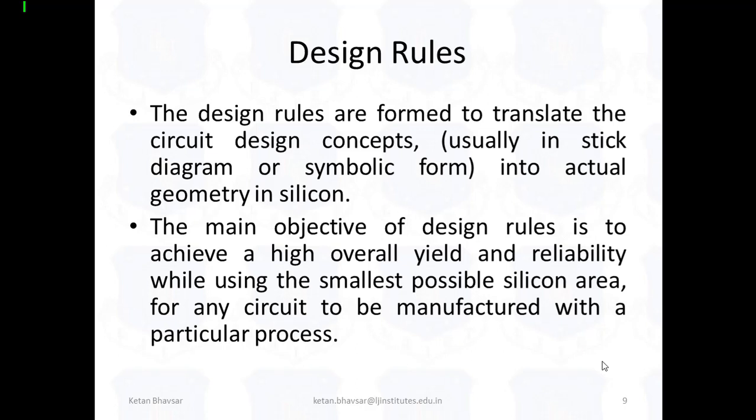Definitely, when you're talking about yield, we already discussed yield in chapter number 1. It's a manufacturing ability. There are two types: functional yield and parametric yield. It generally comes up when we're talking about the manufacturing side. Reliability also plays a main role, because with the help of reliability you can achieve a better result, and the main objective is that we have to reduce the size.